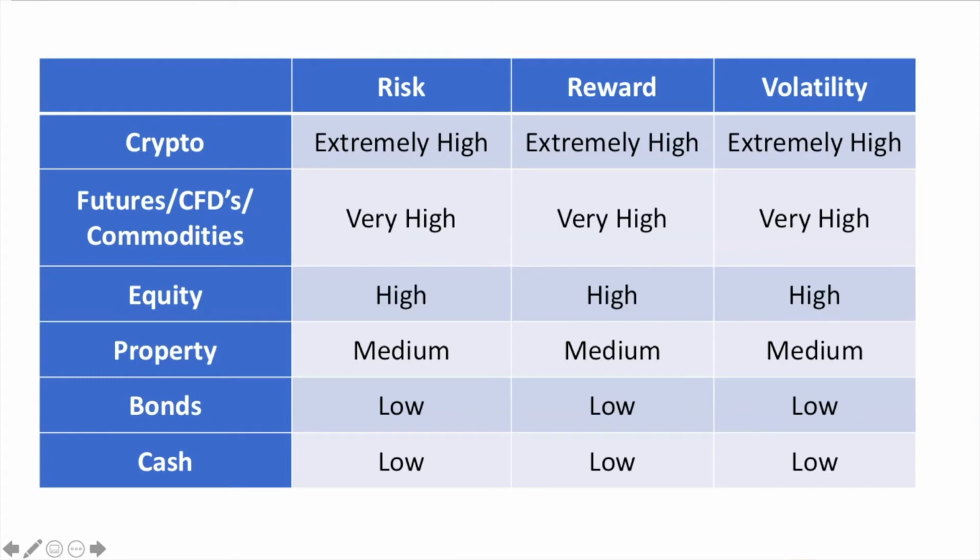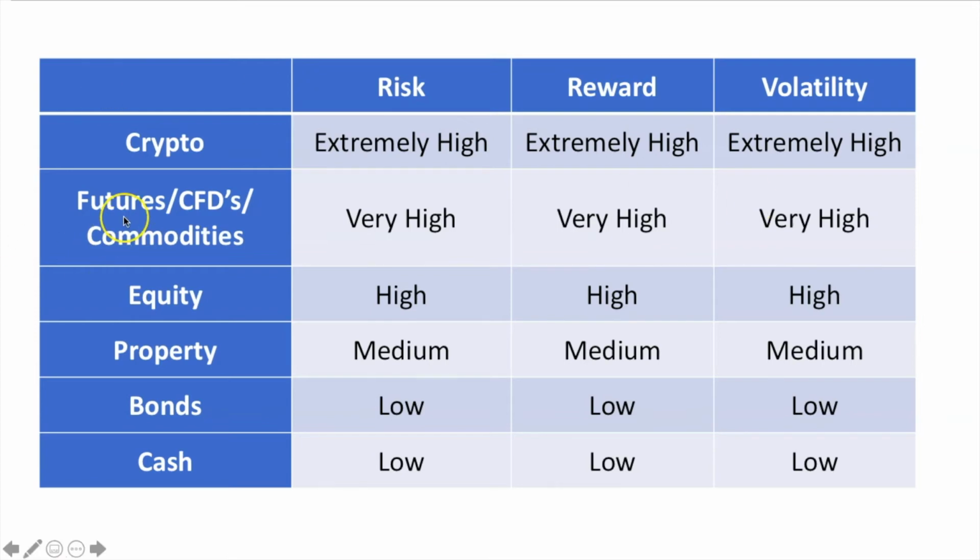So this is an expanded risk matrix. I did insert some of the other asset classes, or so-called asset classes that are not really officially asset classes yet. And you can see crypto is right up there. Extremely risky, however, extremely high reward, and with the high reward, the possibility of very high loss as well, and extremely volatile. If you see a crypto tracker with the graph, you can see within minutes, or even seconds, how crypto can rise and fall in a matter of seconds.